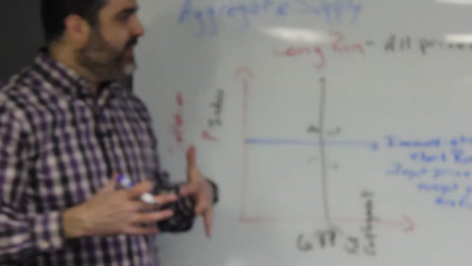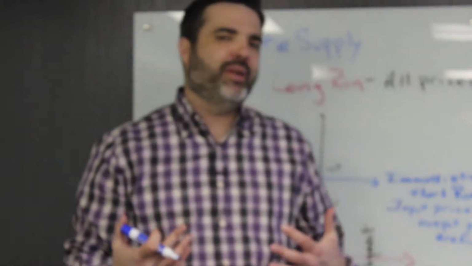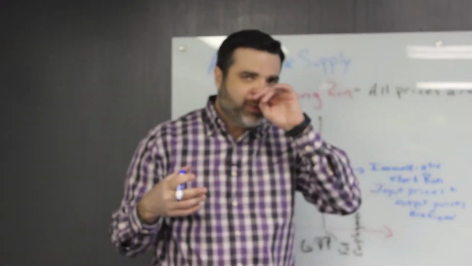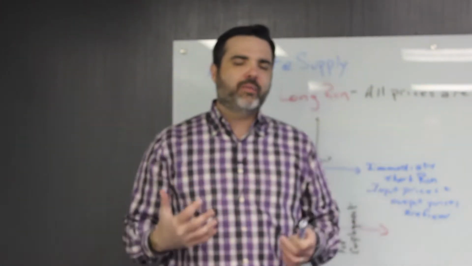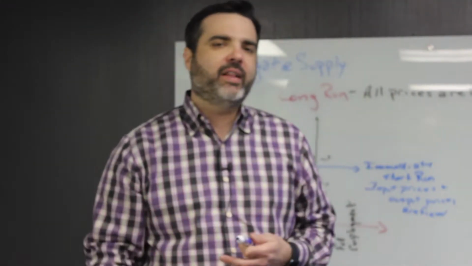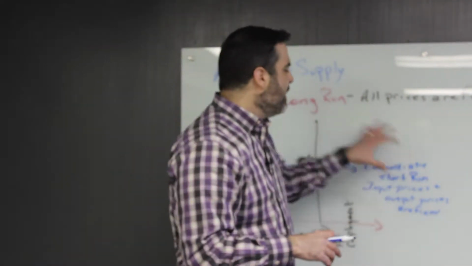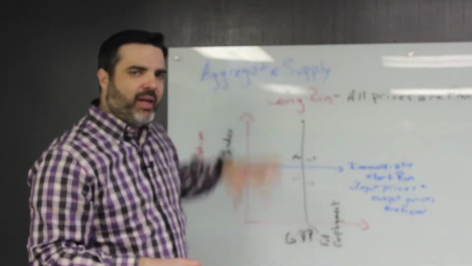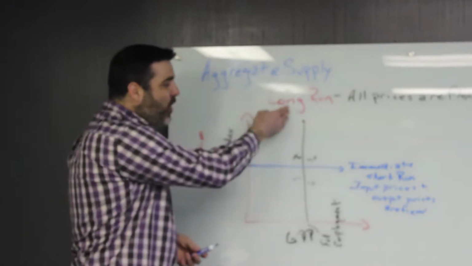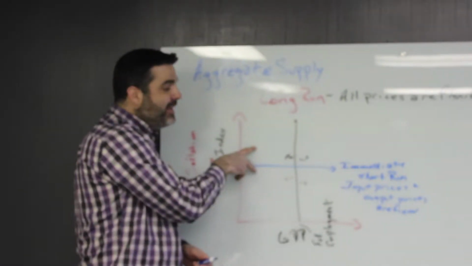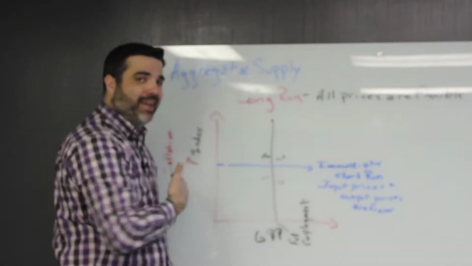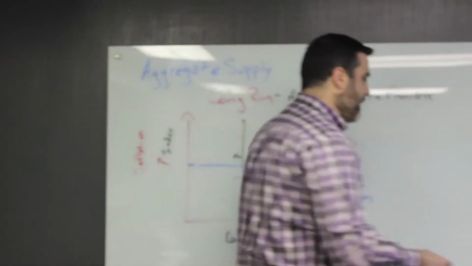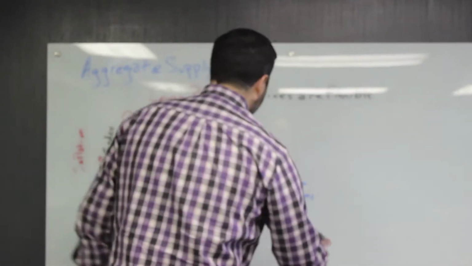So when economists talk about what the government can do, whether we're having extreme growth and we need to pull it back, when we talk about fiscal or monetary policy, which we're going to talk about in a second, when we talk about aggregate supply and how the government can affect things on the supply side of economics, when we talk about all those things, we're talking about short-run aggregate supply. Because in the long run, it doesn't have much impact. In the immediate short run, it can have no impact. It's only in the short run that we can have an impact. So let's move on to talk about something else. Let's talk about aggregate supply in the short run.